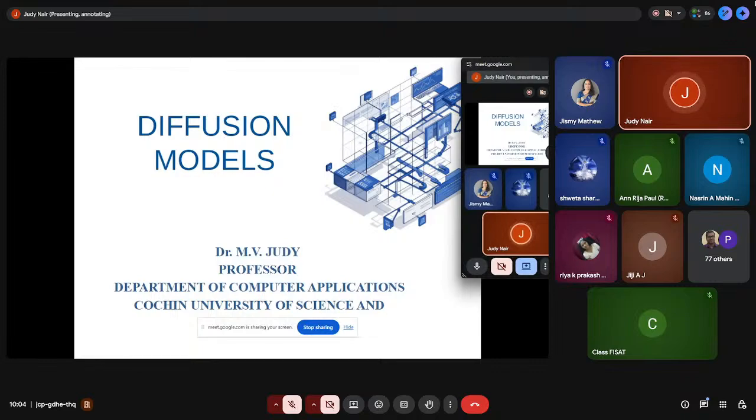I don't have an index slide, but I will talk about what is meant by a diffusion model, where this idea has come from, and what the advantages of using diffusion models are, especially when you want to generate images. What are the different types of diffusion models? People may be confused with these terms. Sometimes we talk about latent diffusion model, stable diffusion. Then we don't know what DALL-E is. Is that a diffusion model? So just an overall classification of what a diffusion model is.